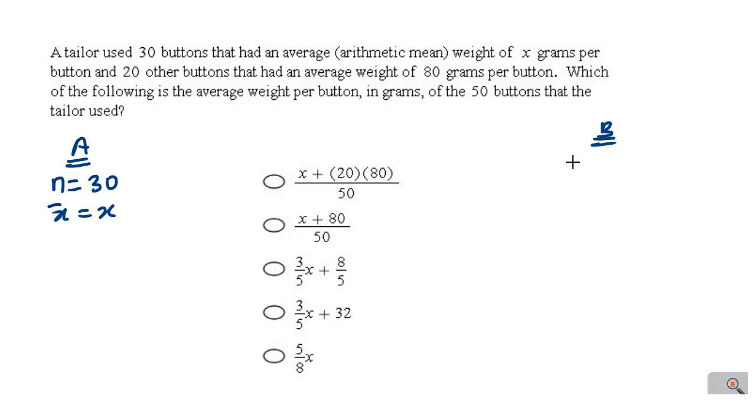And 20 other buttons, that's for the second case. N is equal to 20, that had an average weight of 80 grams per button. So the x bar is 80. So one thing we need to know is that weighted average